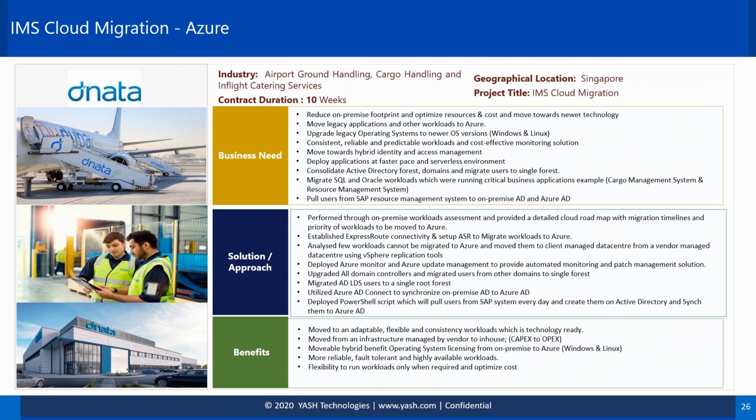The customer also had their entire non-SAP landscape, their applications, some are Oracle systems, some are Windows applications, etc. Altogether, there are about 60 plus virtual machines, and setting up the cloud landing zone on Azure, and then setting up the secure VPN connectivities. Everything YASH has done. So we played the true complete SI partner rollout here.